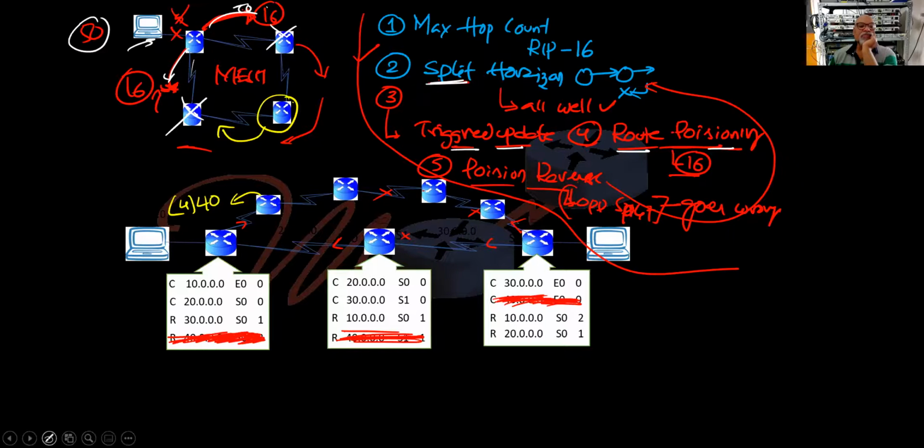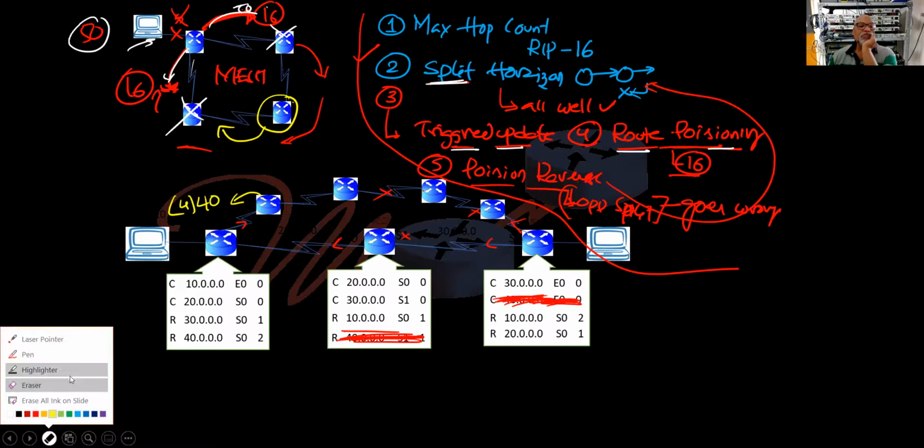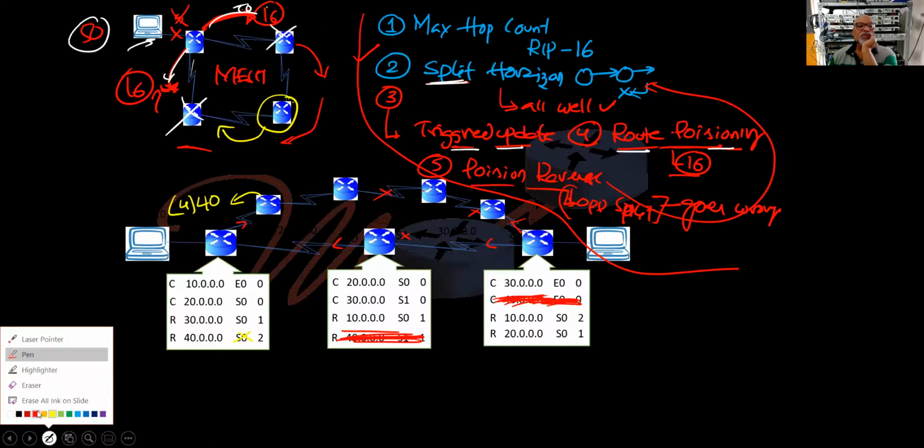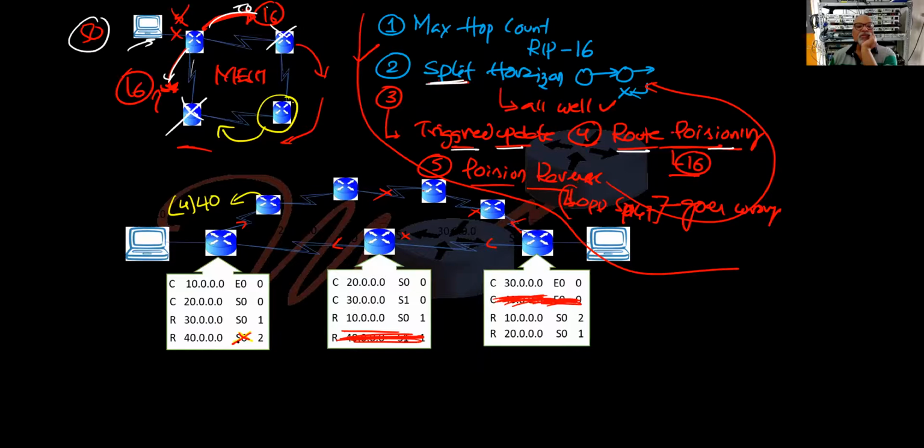So now what happens? Till now, I think 40 is via serial 0. On serial 0, I received 40 is down. But on S1, 40 is up, 4 hops. Then I'll tell this guy, right? He will think it is 5 hops. He will think it is 6 hops, 7 hops.